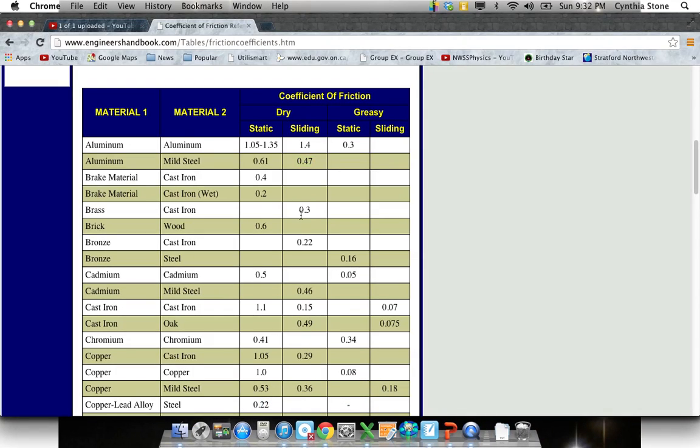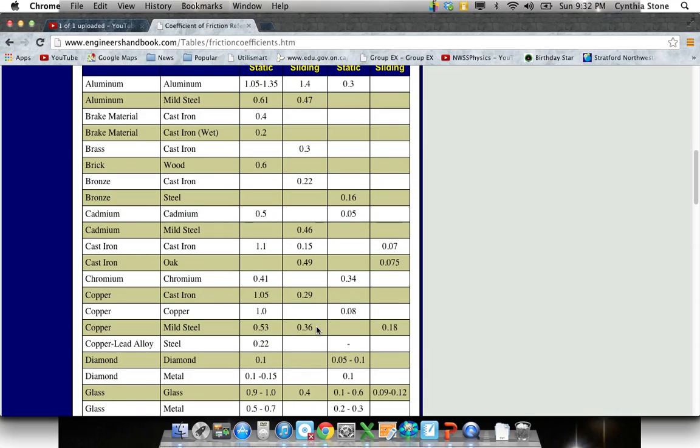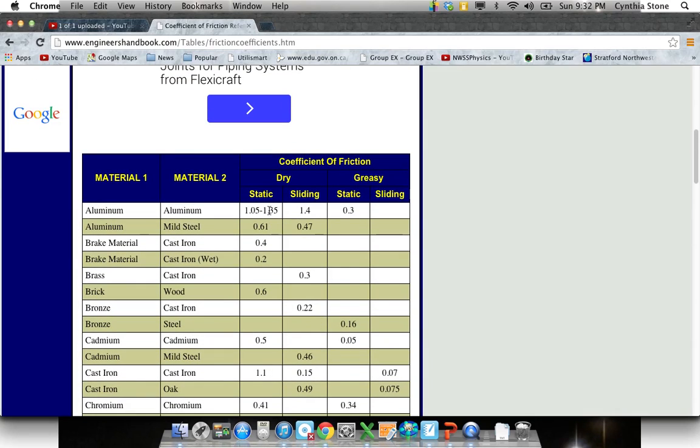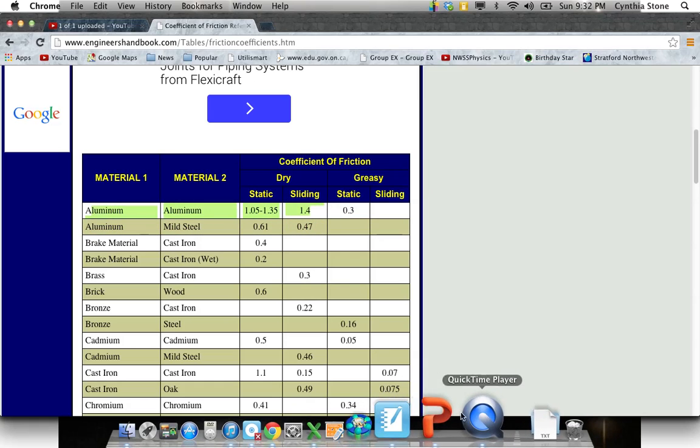Now, there's a few examples, I think, if we look. Here, this aluminum on aluminum, which has me so baffled. The static is in that range, and it says the sliding kinetic is 1.4, a bigger number. But other times, like look at the difference on iron: 1.1 for static, and sliding is 0.15, significant. 1.05 here, 0.29. The sliding friction is almost always less. These two, it's less. This aluminum on aluminum, truly an enigma, or a typo. Anyway,